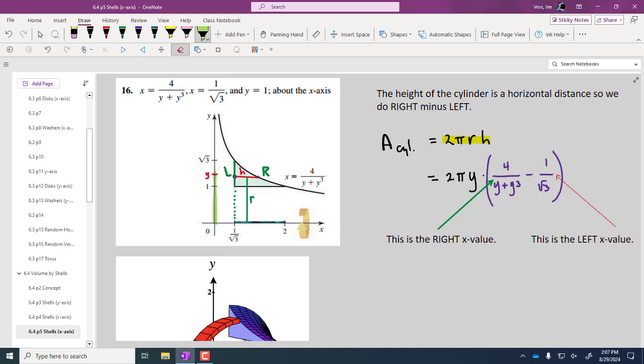So any questions on that setup, getting to that point where we've used our generic formula for the cylinder and then replaced from our picture? Any piece of that you're not sure about? Okay, so then